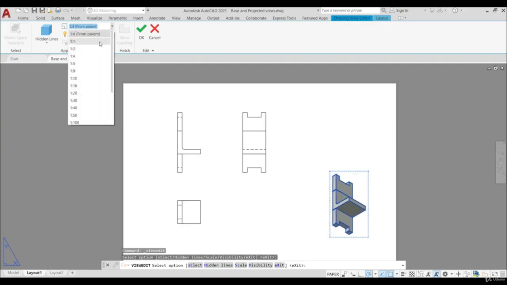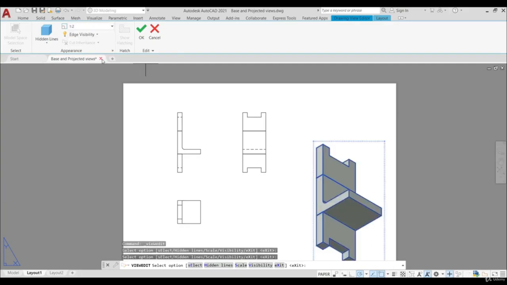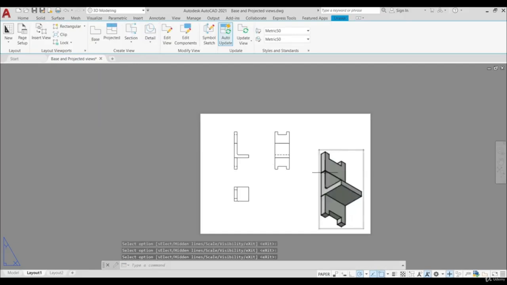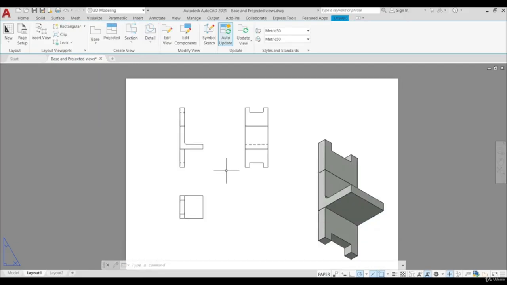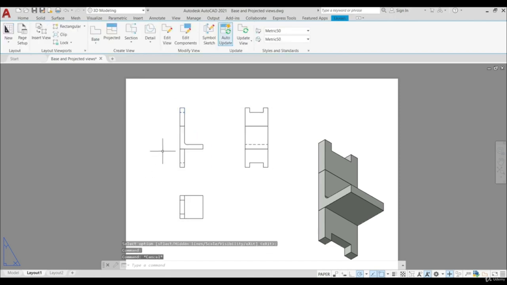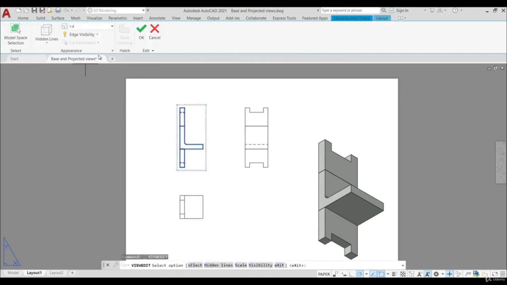So let's go here with 1 to 2 like this. And now let's click OK. So this is our isometric view. We can also change the visual style or scale for any view here. So for example, we can go to this view, we can go to edit, or let's go escape. Let's double click here. And now we can edit our view here. So we can change visual style, scale, and so on, but let's leave it as this and let's click